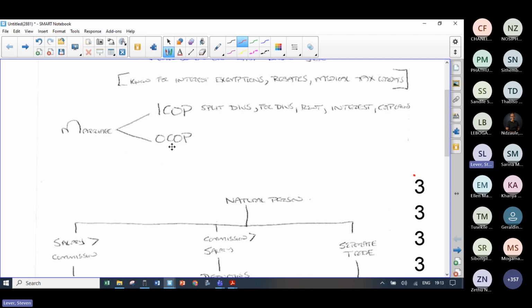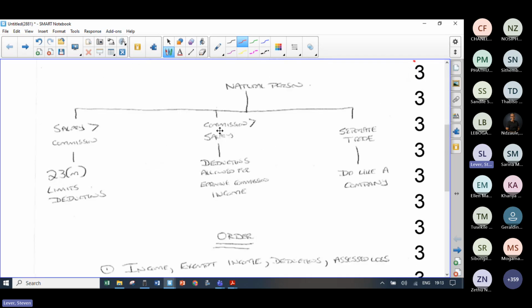Okay, so in a question, guys, if you're married in community, you split interest, dividends, foreign dividends, rent, and capital gains, unless it says in a will or in a donation, someone had specified it wasn't to be part of the in-community of property. Now, guys, if you get that wrong, it's a lot of marks that you're going to lose, because you're going to get all the interest wrong. You're going to get all the exemptions wrong. You're going to get everything wrong. So that's very, very important for you to do.